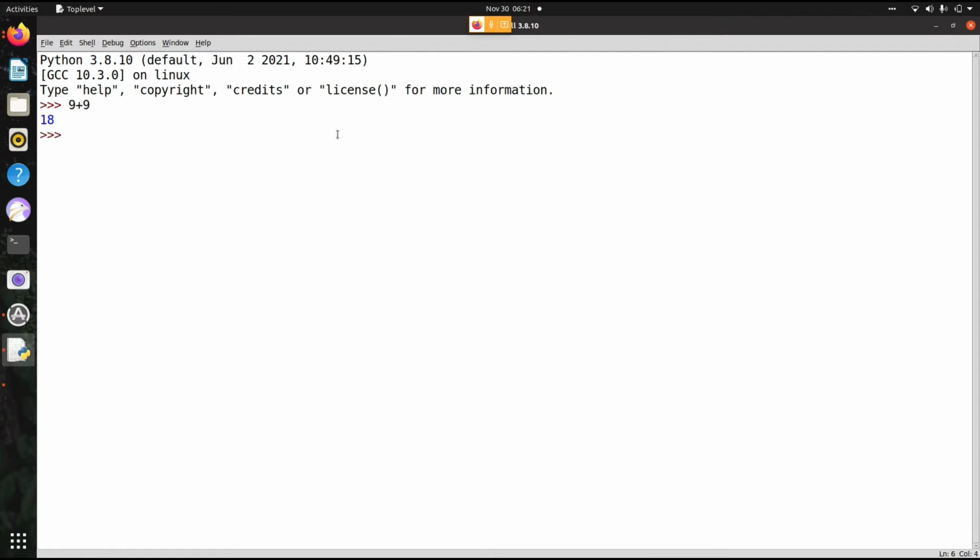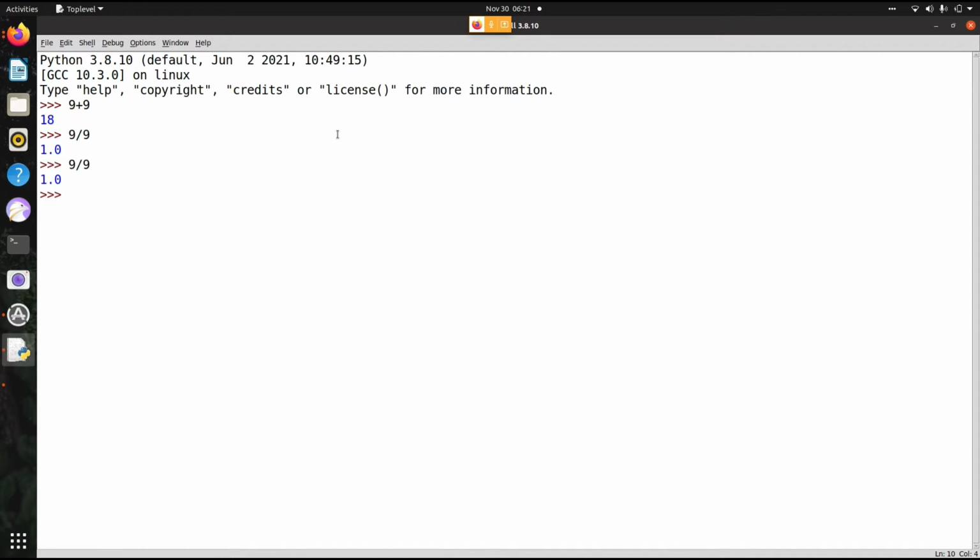Now I am going to do 9 divided by 9. We can see here 1.0. Now I want to check. Again I am doing 9 divided by 9. When I hit this, the data is getting printed in the next line, right? Again I am hitting that. See, now we got 1.0. This is a float number. I mean, this is of type float.